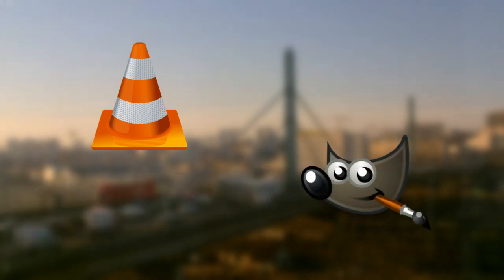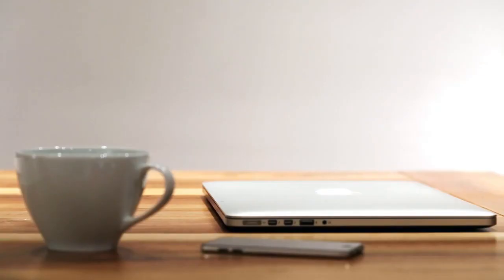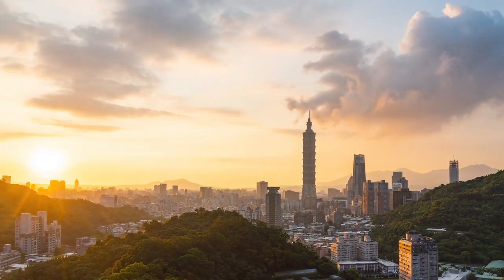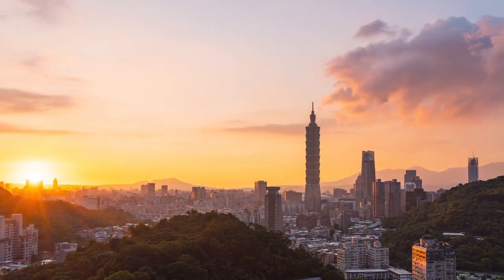Other everyday software that you might not realize are open source include VLC, the famous video media player, or GIMP, an open and efficient graphic editor to retouch or edit images. Open source software already might be more present in your life than you think, so why not give it even a bit more room? Some new open projects are really aiming at creating new business models which respect the environment